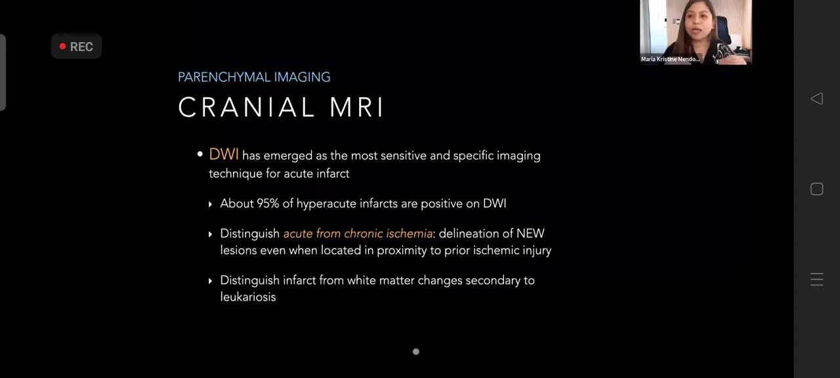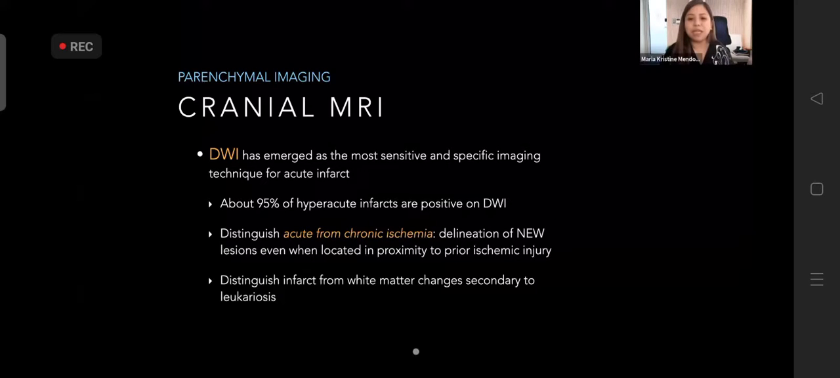hemorrhage. Now, for ischemic infarct, you have to remember this sequence. It's the diffusion weighted image or the DWI. This is always interpreted side by side with an ADC map. Okay, this particular sequence has emerged as the most sensitive and specific imaging technique for acute infarct. It can detect about 95% of hyperacute infarcts on